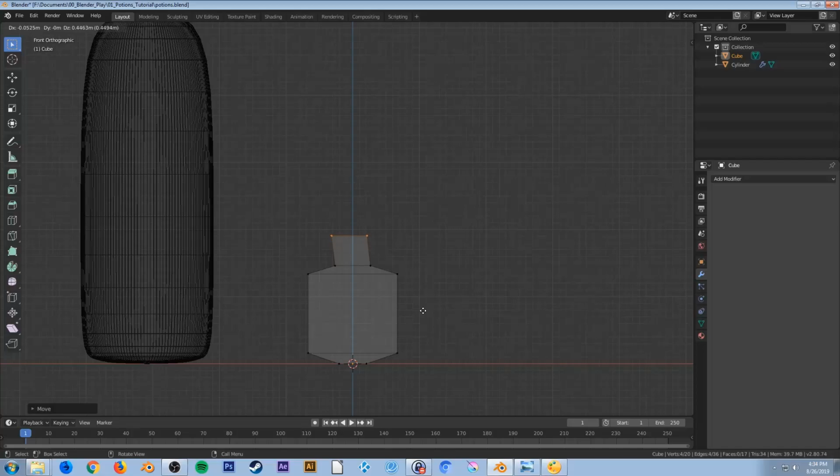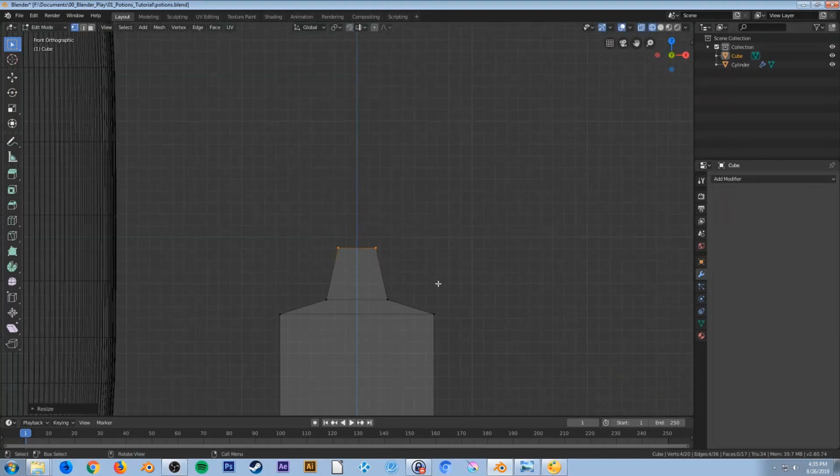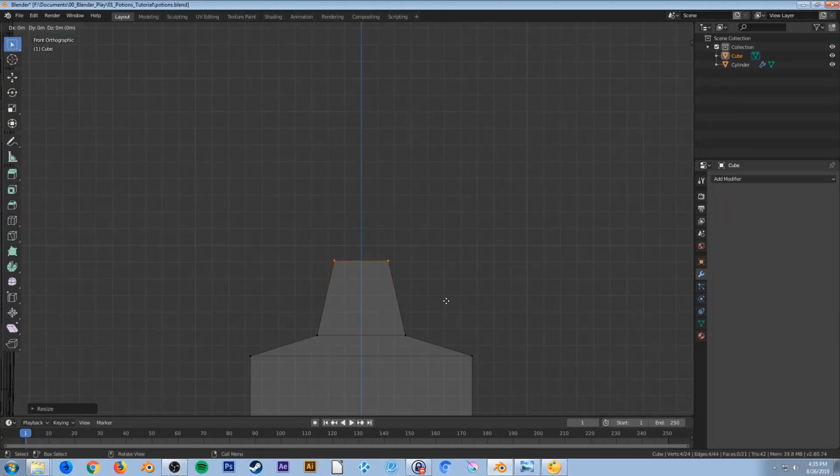And let's hit E for extrude again, Z, and we're going to go to about here, hit S. This one, the neck of the bottle, is going to taper in, so I'm going to bring it to about here, zoom in a little bit, hit E for extrude, S, bring that out to here, G and Z to move it on the Z axis to about here, E for extrude, Z,